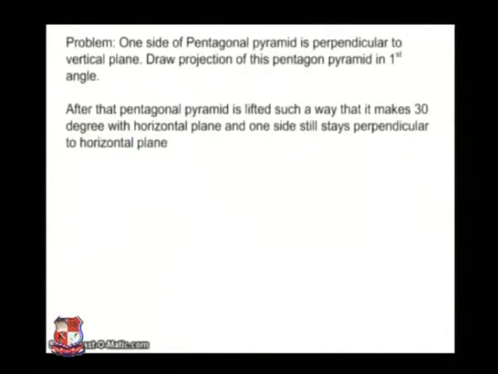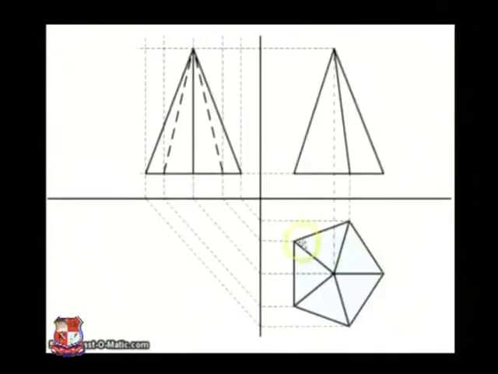So this one shows it without lifting the pyramid. From the top view, you will see this pentagon here, and then you will see the sides here that represent each facet of this pentagon pyramid. Now when you look from the front view, you are able to see this edge line here. So that edge is extended over here and it represents that edge.